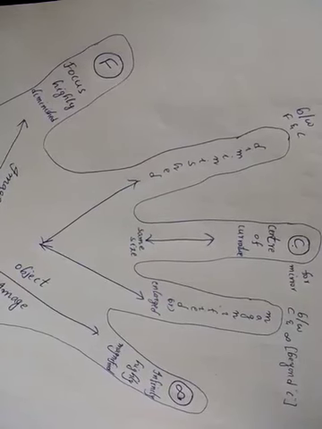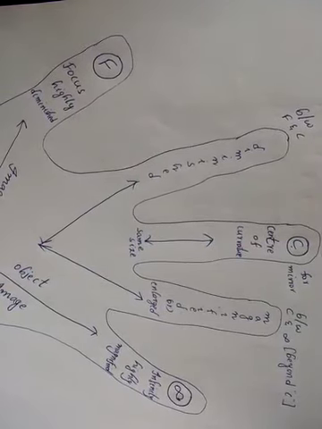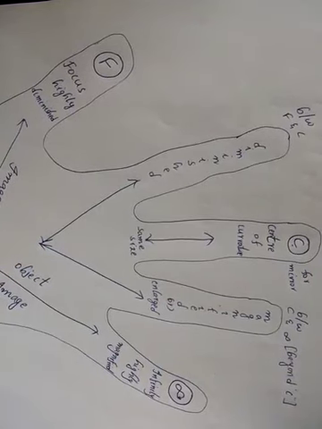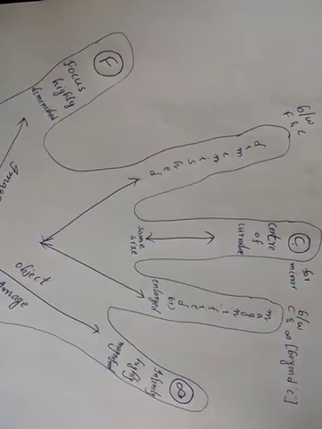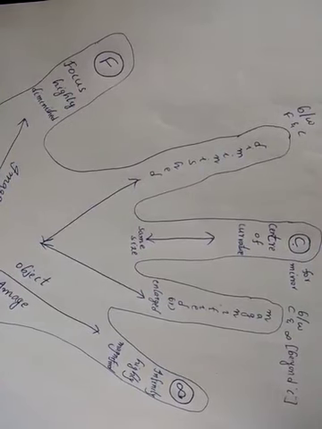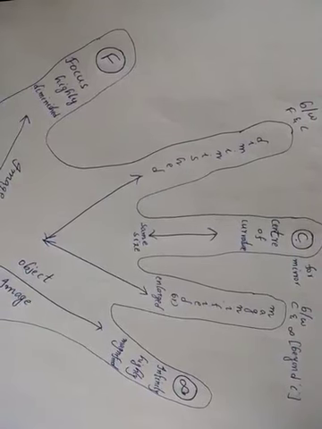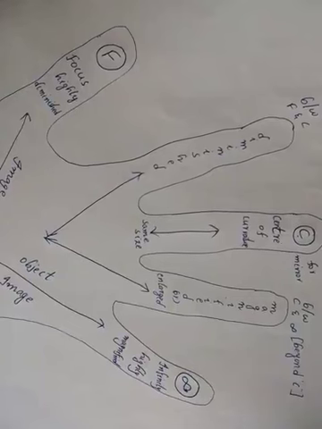So real image formation by concave mirror as well as convex lens, we'll see with a diagram. Take your left hand, take your thumb finger as focus, little finger as infinity, and middle finger as center of curvature. If it is a lens, you have to consider C as 2f, 2 times the focal length, because in the ray diagrams of lenses it is used as f and 2f. That's why we are considering C as 2f.